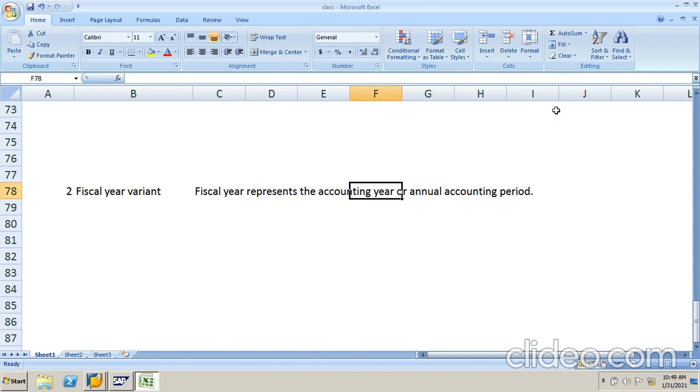Annual accounting period means it will represent the posting periods of your company.